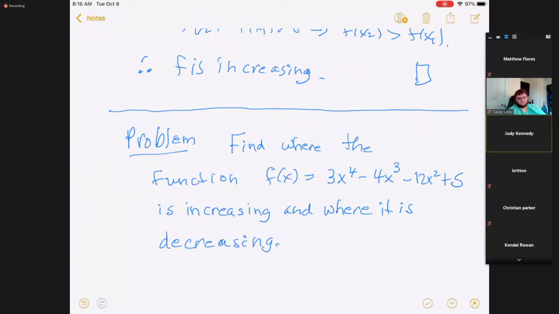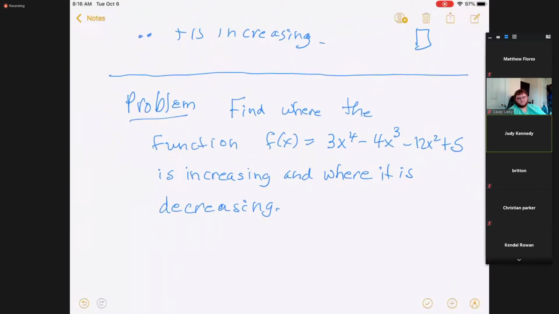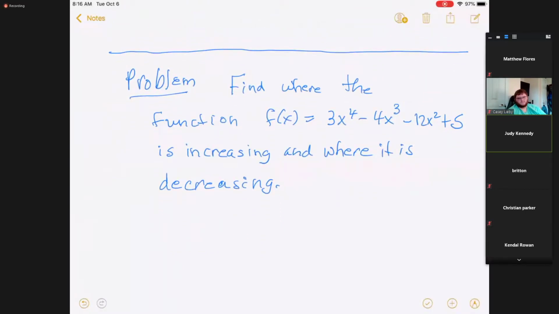And to figure that out, I need to know where the derivative is positive and where it's negative. Okay, so we need the derivative,